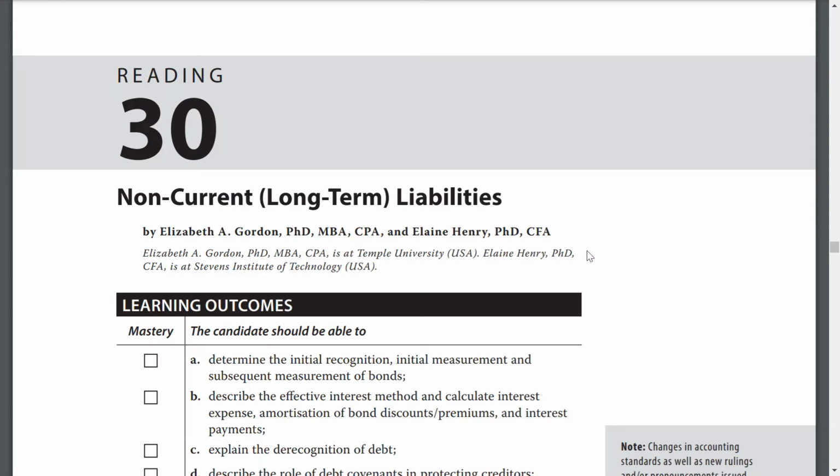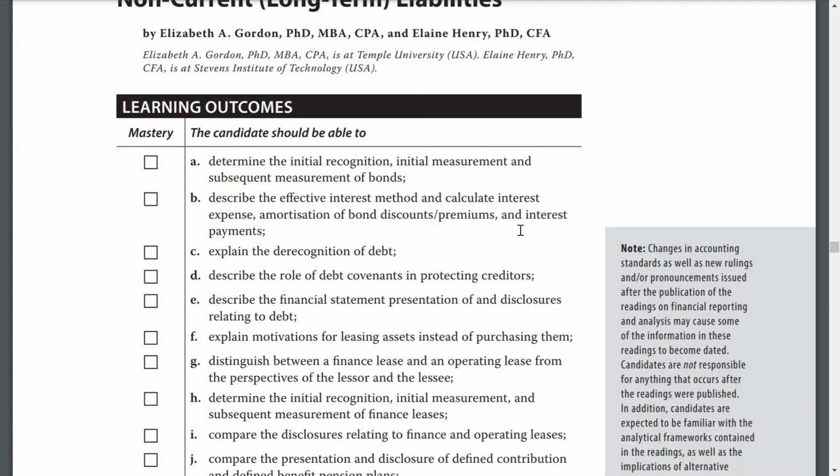Okay, reading: debt, non-current, or long-term liabilities. Learning outcomes. The candidate should be able to determine the initial recognition, initial measurement, and subsequent measurement of bonds, describe the effective interest method, and calculate interest expense, amortization of bond discounts and premiums, and interest payments, explain the recognition of